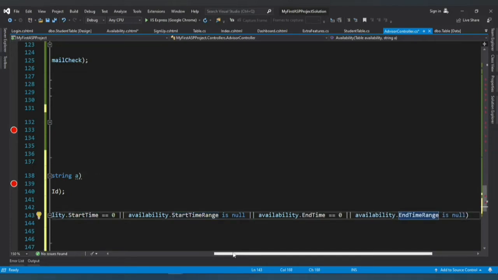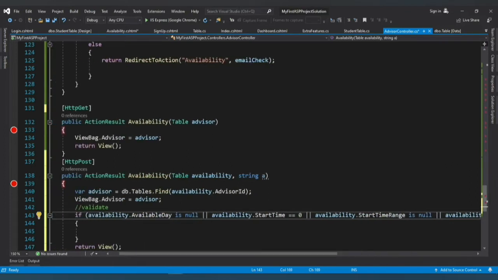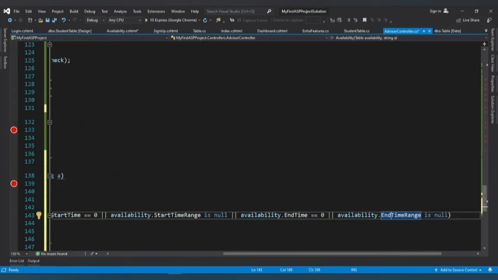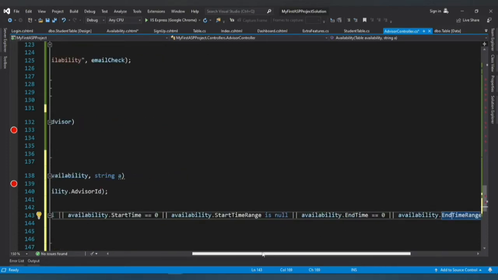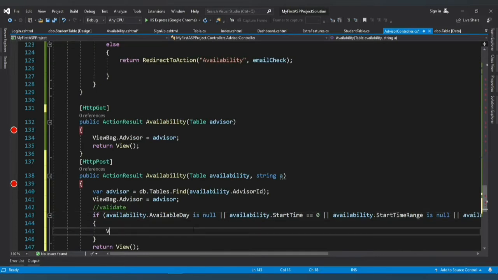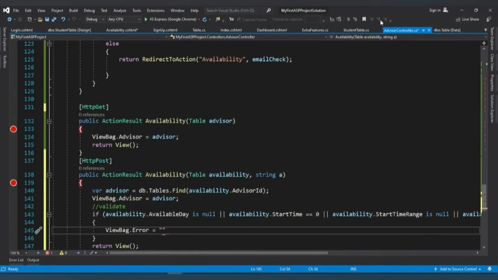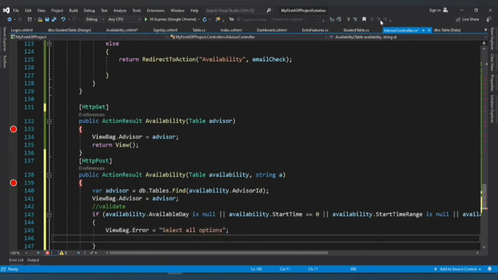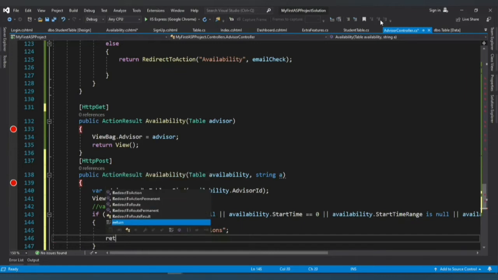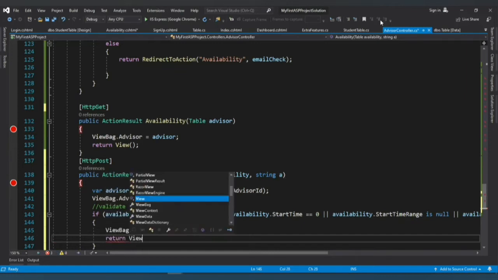So if the available day, the start time range, the end time and the end time range are empty, we're going to flag an error, ViewBag.error. So we're going to write "Fill select all options", and then we return back the view